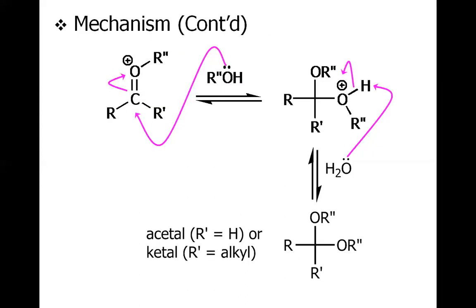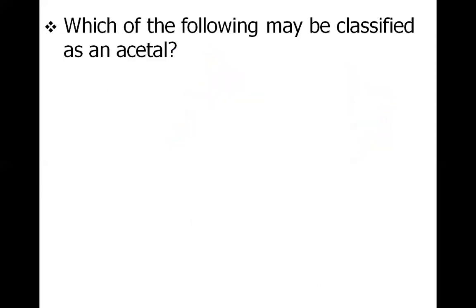Remember, this reaction of the formation of acetal or ketal occurs in the acidic medium. Because in acidic medium we have proton which will protonate the hemiacetal's hydroxy to make it possible for the second mole of alcohol to attack. If it were the basic medium, we would not be able to get the full acetal or ketal. Rather, the reaction is stopped at the hemiacetal or hemiketal level. We will also discuss the consequence of this in the coming few slides. So before discussing that, let us take this simple case.